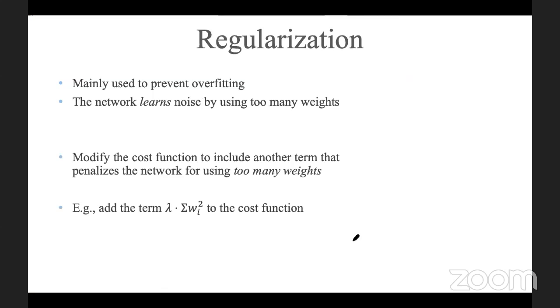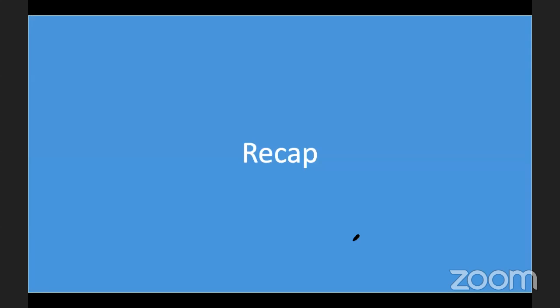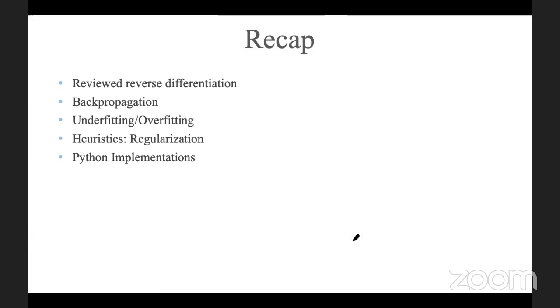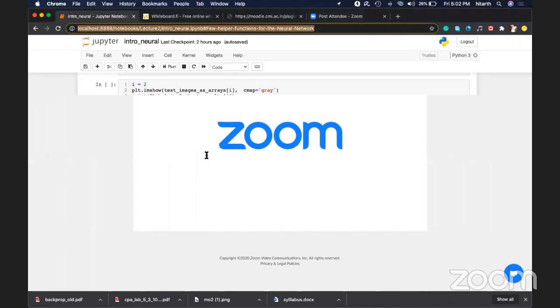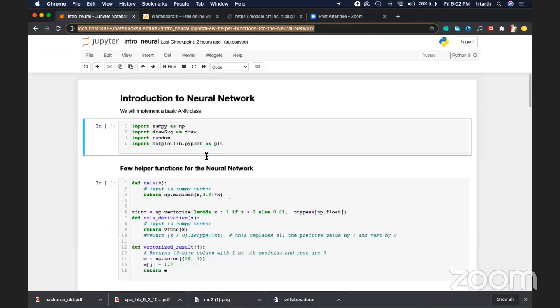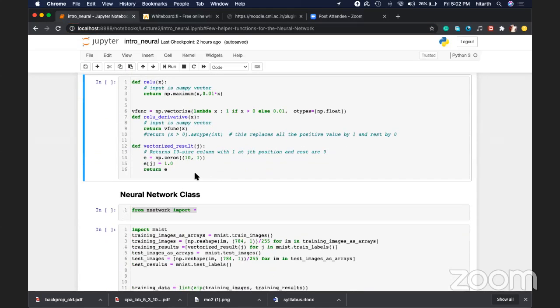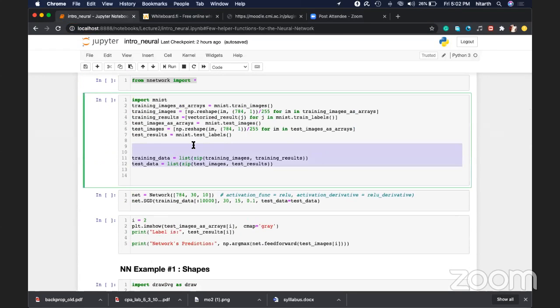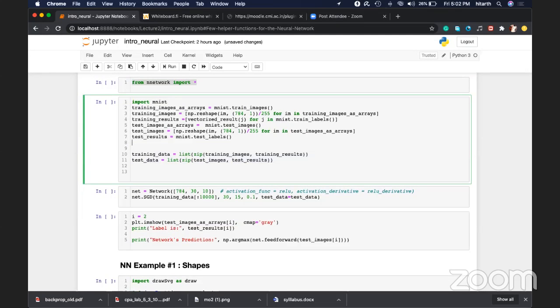Let's not do regularization. It's very easy, but let's not do it for now. I just want to show you. Let's recap, like we discussed this, we are already late. I wanted to show you this code actually, so that you can implement that on your own. So I will share this